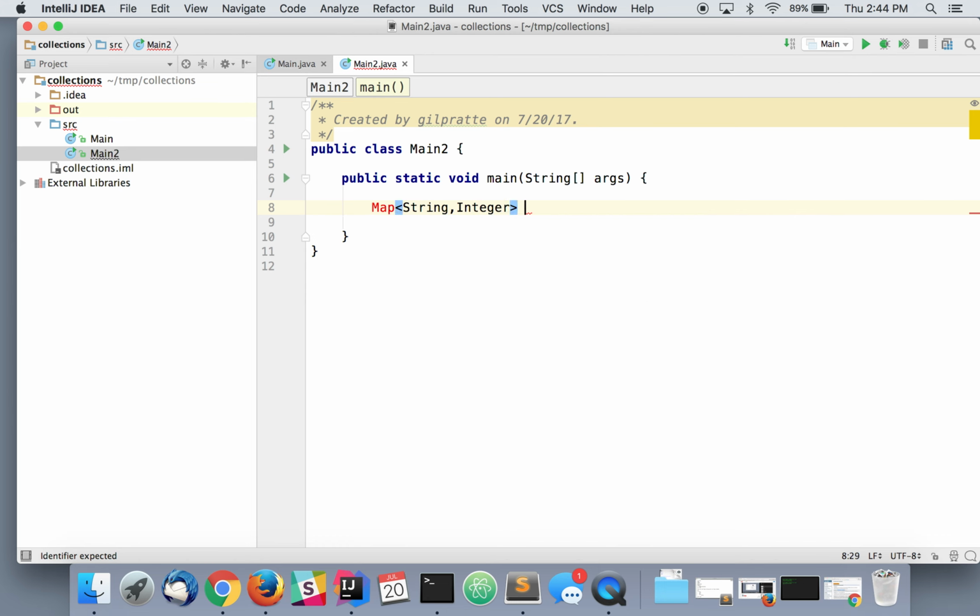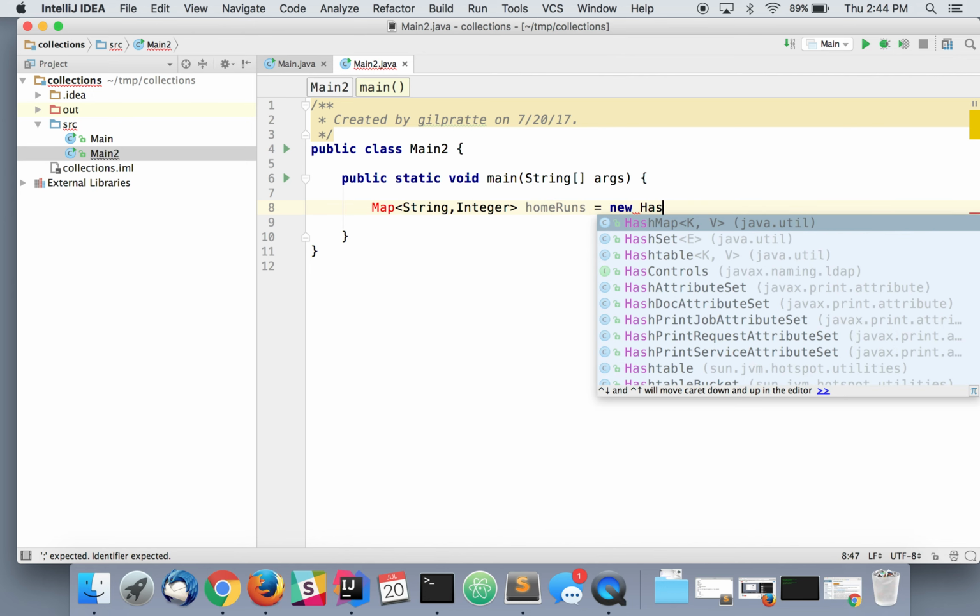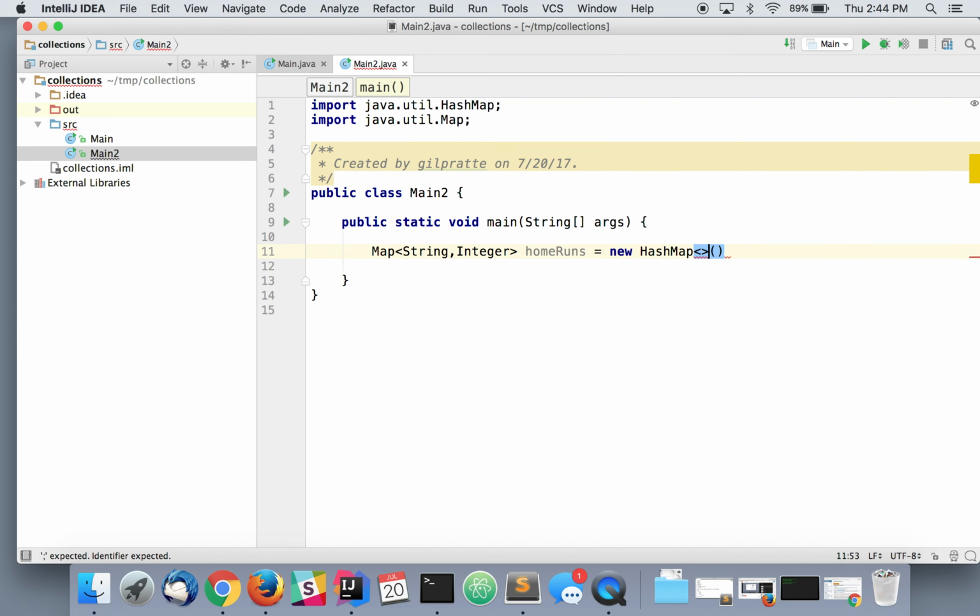How about homeRuns equals new HashMap. And instead of add, you have to use put, because you need 2 values. homeRuns.put